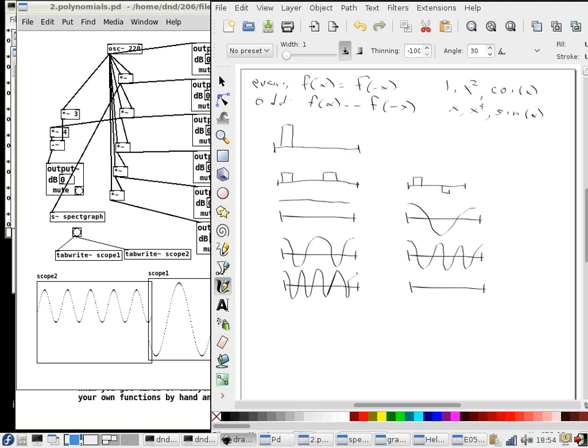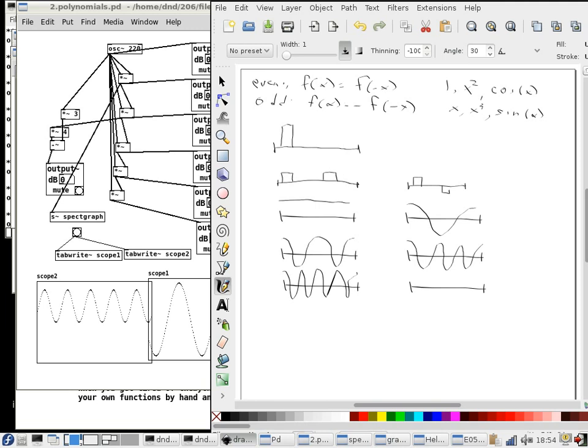Okay. So the odd function applied to this waveform does the following. If you put something negative in, you get the negative out. So if the second half of the cycle is the negative of the first half, then what comes out will still have the second half of the cycle be the negative of the first half of the cycle. And so in general, it will be a thing of this form, which is an odd harmonic only sound. Confusion. I'm not trying to confuse you, but